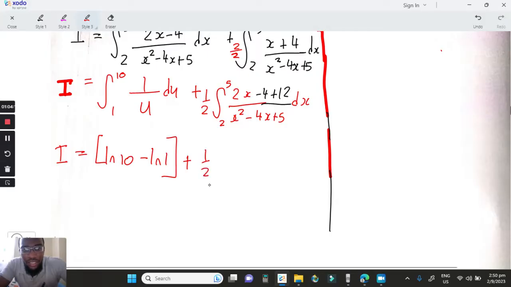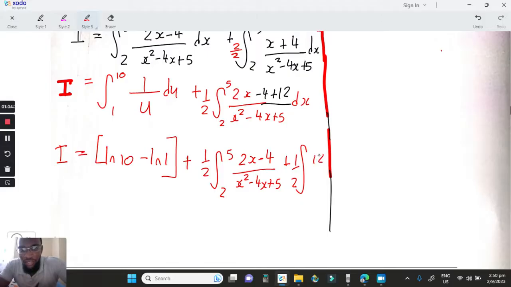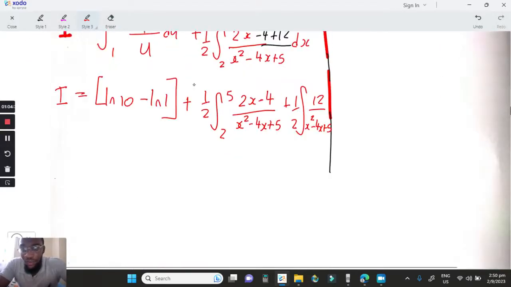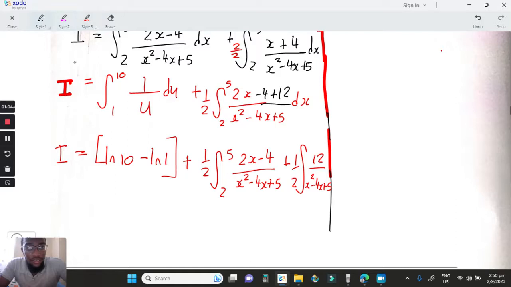Now I can separate as half the integral from 2 to 5 of 2x minus 4 over x squared minus 4x plus 5, plus half the integral of, I'd be left back with the plus 12. Now it's in a form where it is very easy, guys. Alright, yes, 9 marks. No wonder, it's a nice question. Once it's in this form now, I can